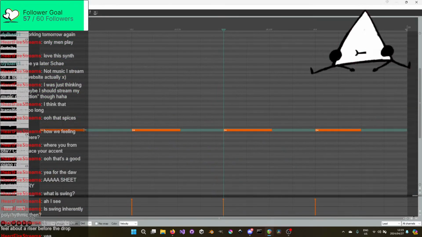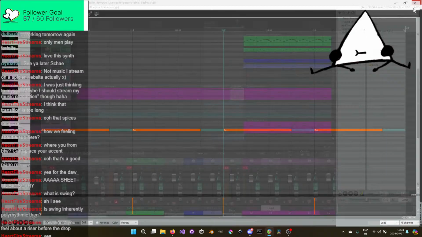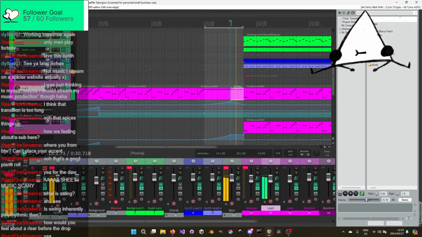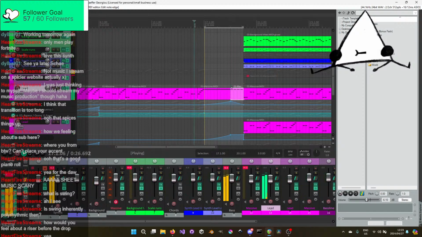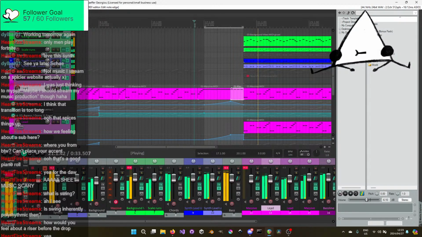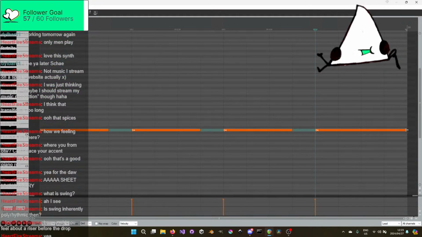Then maybe we can extend them again. No, that's not what I wanted, you silly Billy. Over there. Make them all slightly longer so that the pitch bend is a bit more in effect, and then that could... Make the last one a full.